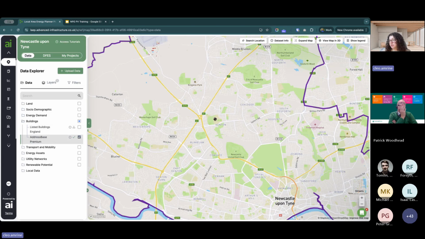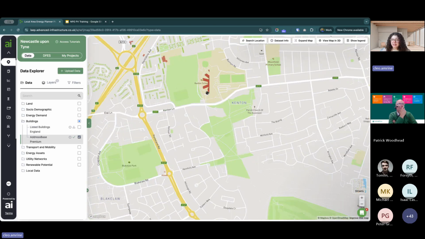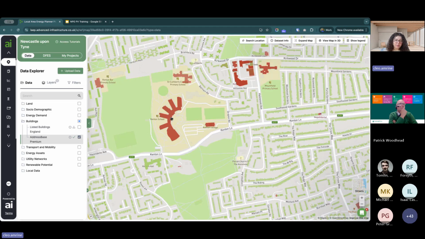So this is the Ordnance Survey dataset, which is quite helpful as it has a whole bunch of different details about each building. For example, its purpose. So we'll be able to easily identify buildings where the purpose is education. So you can see in this example here, I've got a school centered on the map.